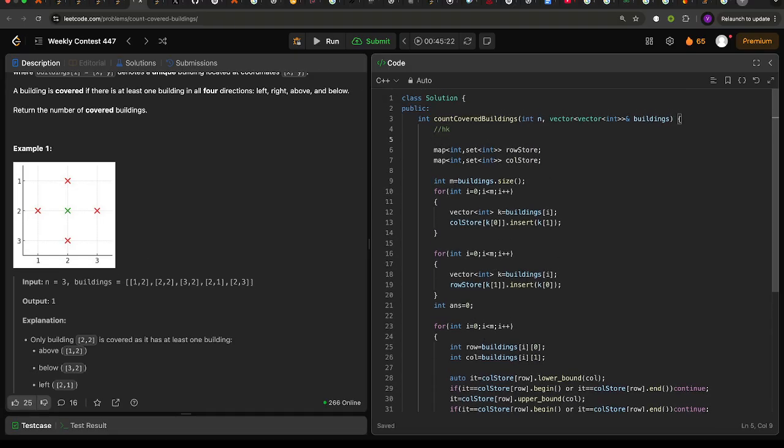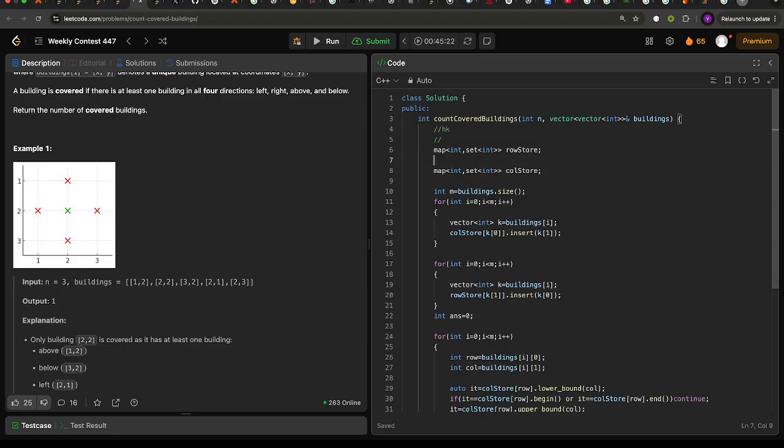Here I have created two hash maps, one for storing the columns present in a particular row, the buildings present at a particular row. So that is the row storage. Similarly the column storage stores the rows present at that particular column.